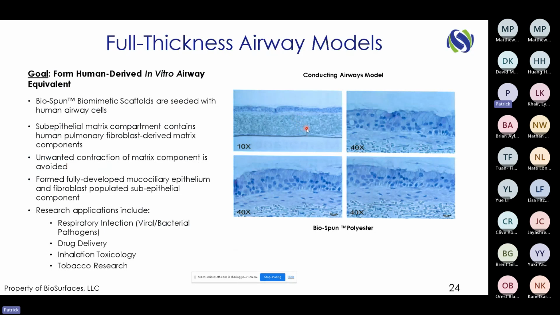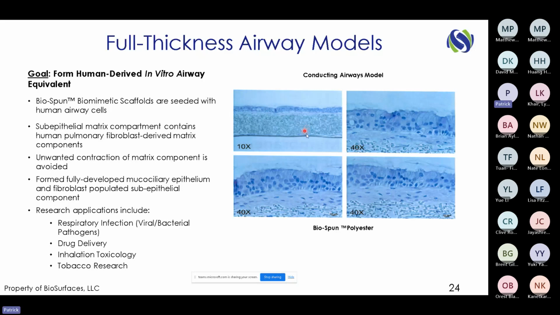They don't have a long lifespan. They tend to contract and fall apart. So the beauty of the polyester electrospun scaffold is that we completely eliminate the need for the animal collagen. We put human fibroblasts into the scaffold. Human fibroblasts make human matrix. The scaffold provides structure, completely eliminates the contraction problems, and makes a nice full thickness respiratory